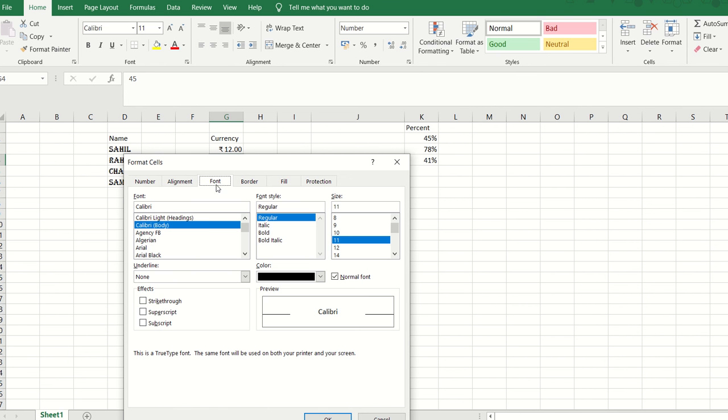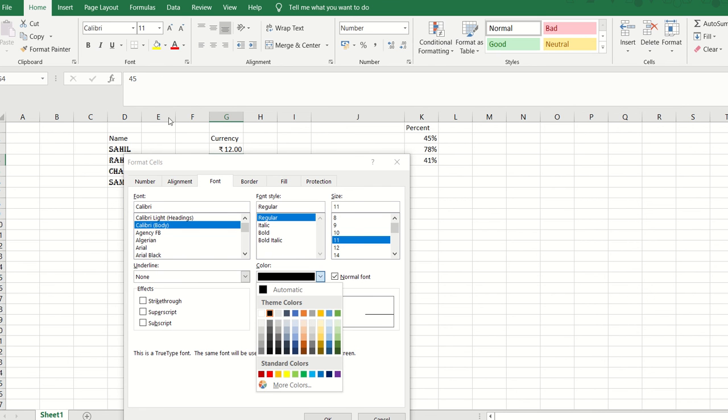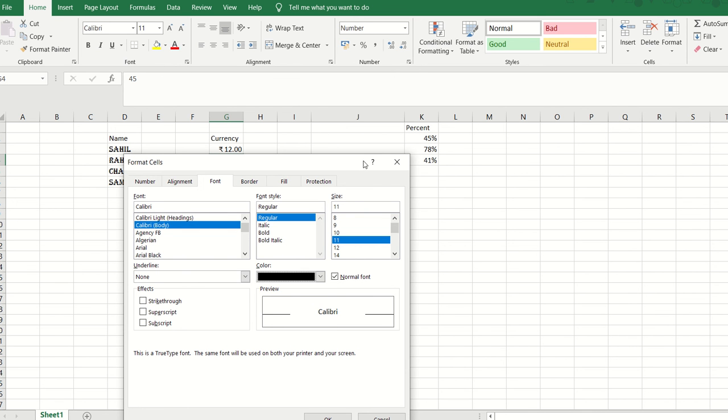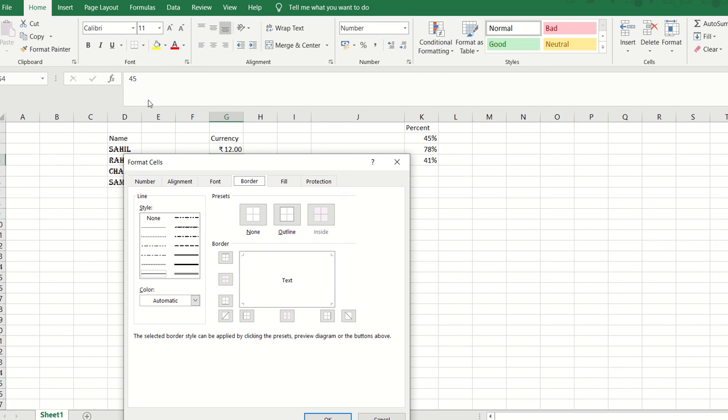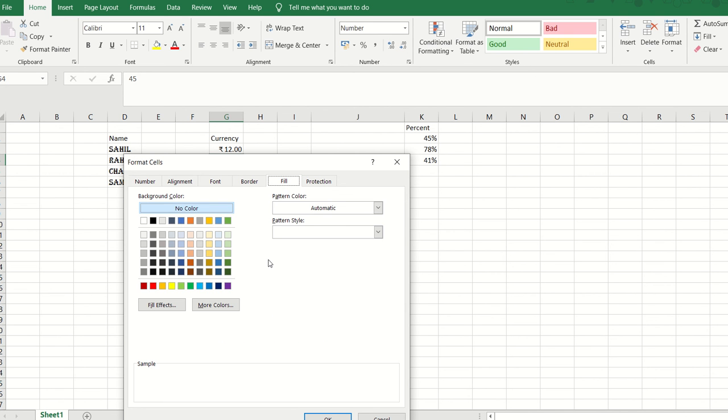And font, I have already informed you, can be done from here, it can be done from here. You can change the color of the font from here, or you can change the color of the specific cell from here, or the color of the text from here. Border and shading is for the table format, which I've already trained you on before. You can select from these multiple line options that you see over here. And then in regards to fill, that means filling a specific cell, this is the fill option that you are seeing over here where I'm hovering my mouse. You can also use this specific thing over here.